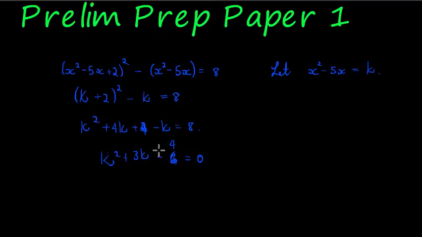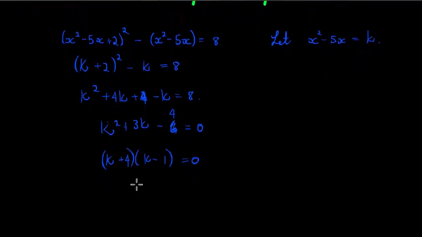Okay, and I just quickly looked and saw I really don't know what the memo answer is. And so this is k plus 4, k minus 1 is equal to 0, and then so k is equal to negative 4, or